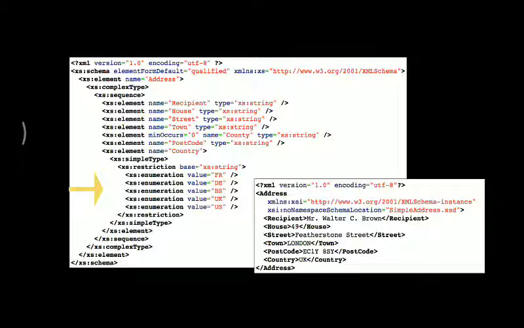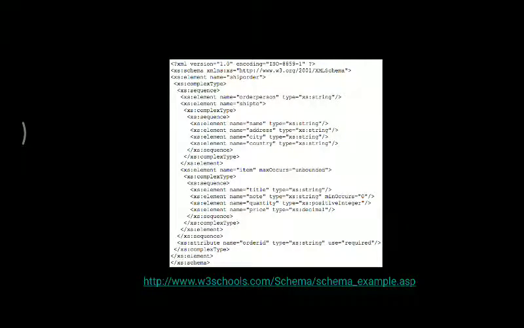Initially, the structure, the XML schema definition, is defined, and with respect to that, data is entered. So here on the right side, you can see here. So you can go through this particular slide later. And this is another example.